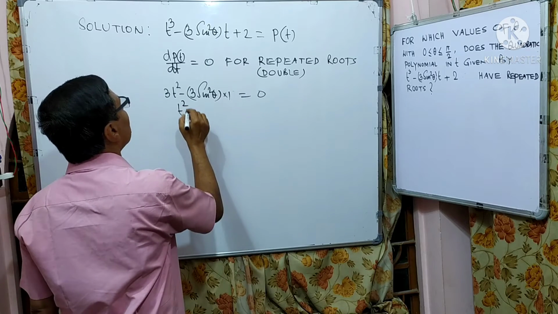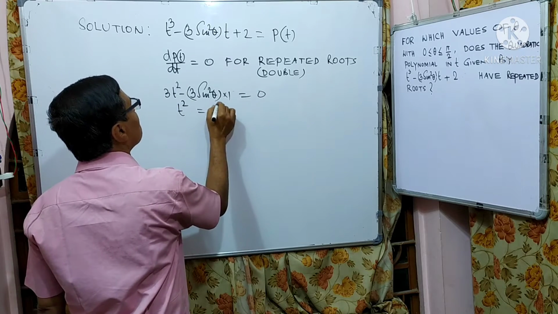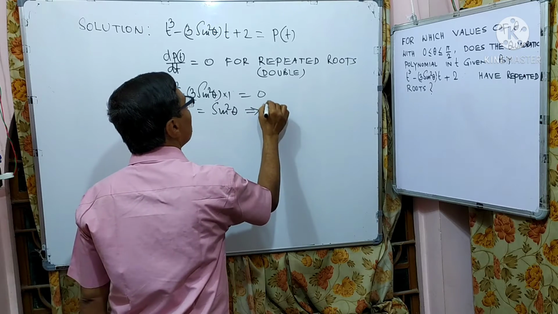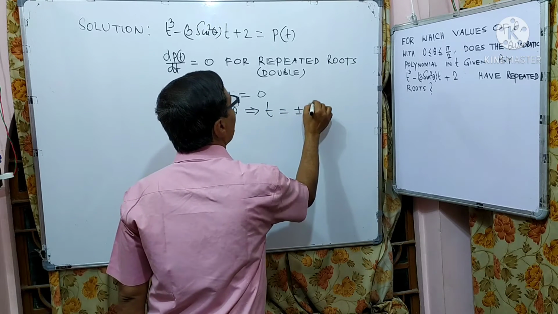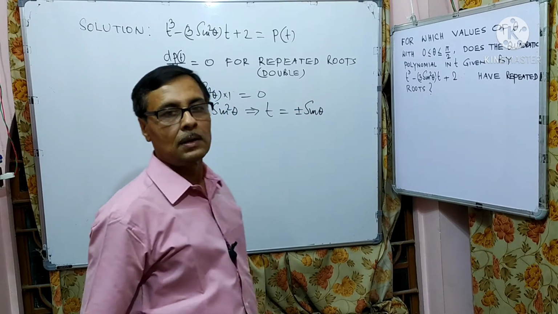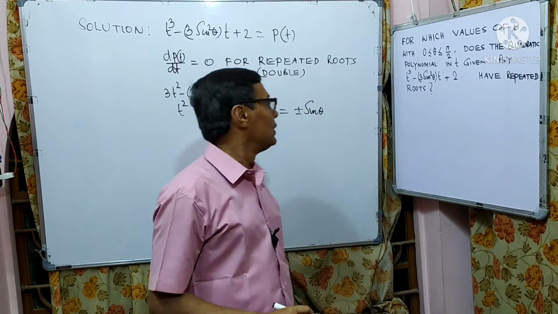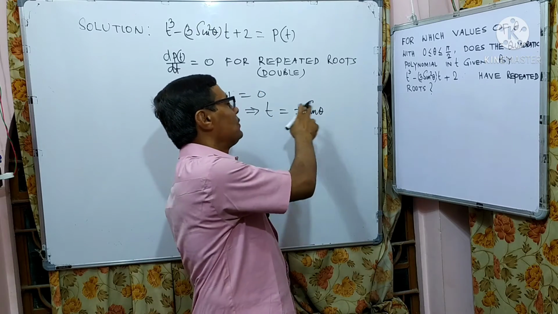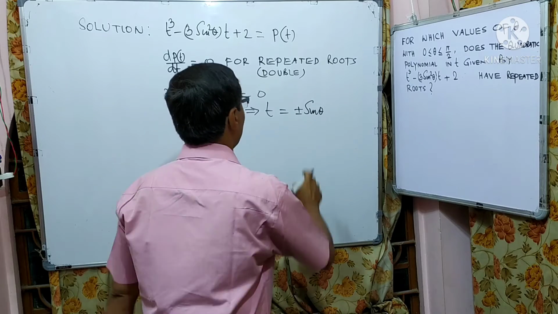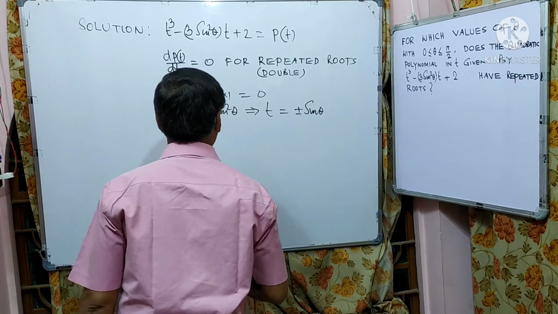So here we get t square equal to sin square theta, which implies t equal to plus or minus sin theta. t equal to sin theta is a double root, or t equal to minus sin theta is also a double root. For t equal to sin theta,